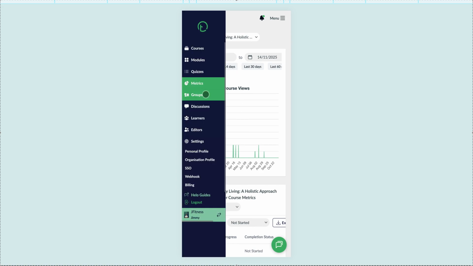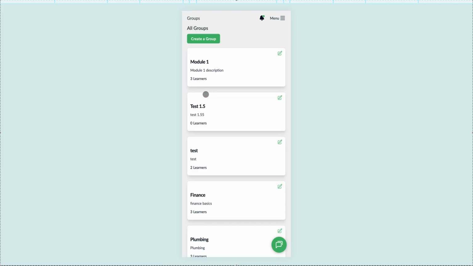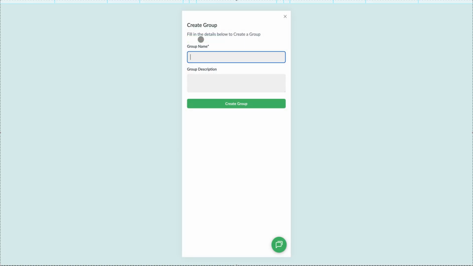Let's go to groups. So you remember I told you that you can group people and restrict what you want them to have access to and what you don't want them to have access to, right? So this is the section where you should be able to do that. So I'm going to click on create a group. I'll be prompted to add a group name and a group description. So I'll say